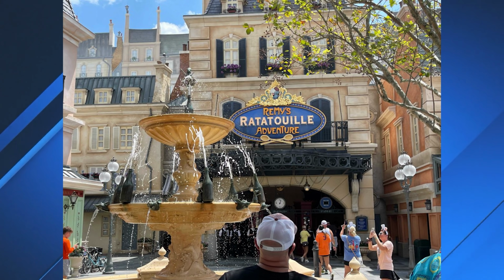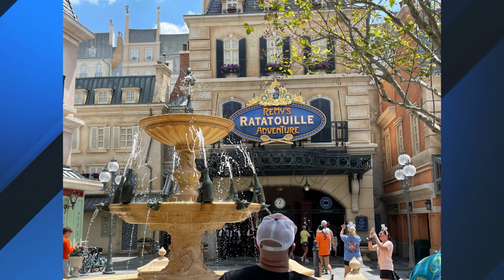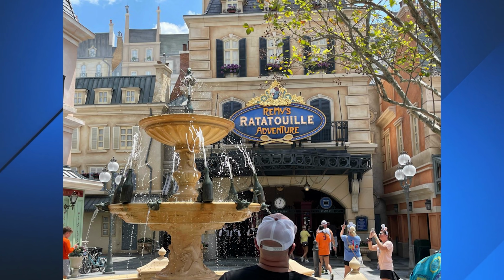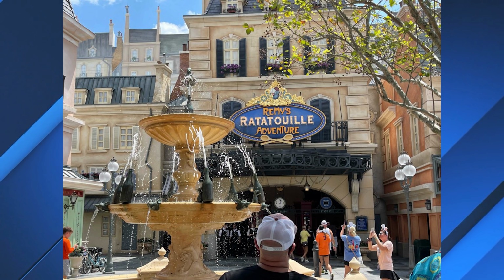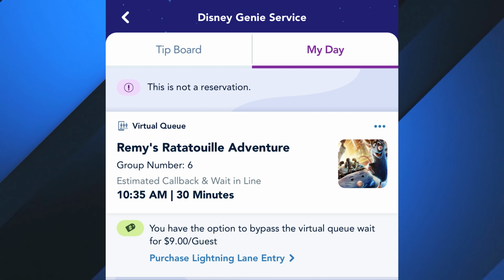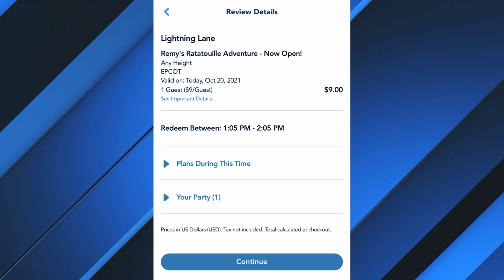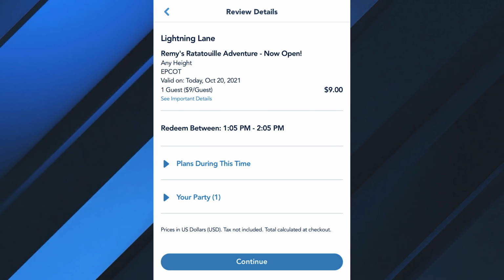Fans of Remy's Ratatouille Adventure may be able to ride the attraction twice in one day now with the launch of Disney Genie. As the newest Epcot attraction, Remy's Ratatouille Adventure uses a virtual queue system instead of standby, and Lightning Lane access to Remy's Ratatouille Adventure is only available as an individual purchase. So what you can do is wake up early, book your virtual queue, and then on top of that, you can buy a Lightning Lane. And with that, that's the only way you can ride the attraction twice in one day